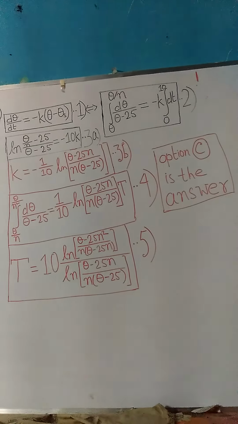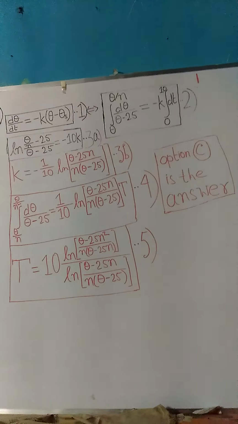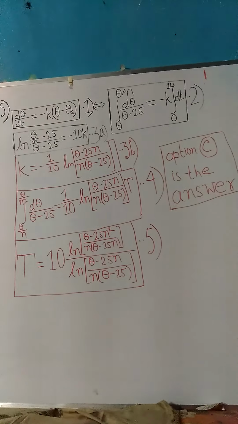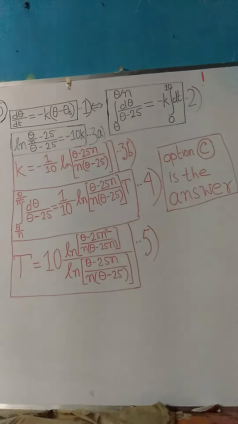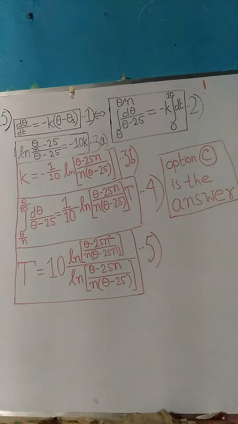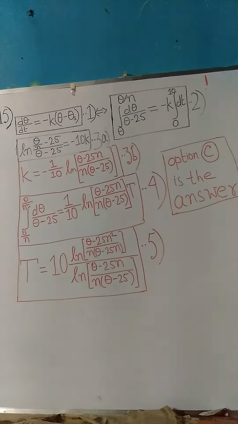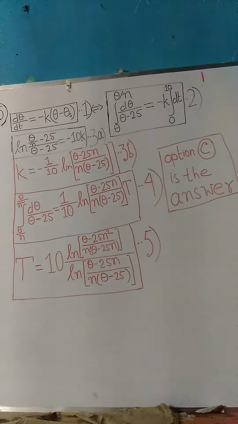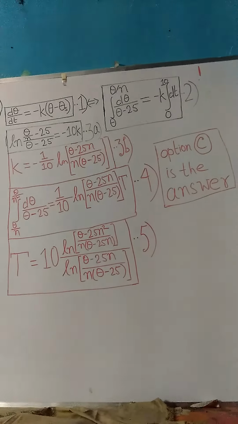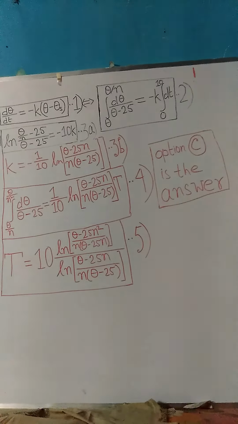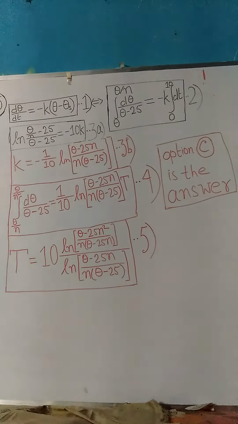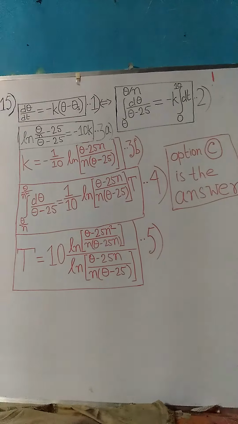Now, following procedure similar to equation 3a, one should be able to obtain the required time given by equation 5. However, in arriving at equation 5, few steps of manipulative algebra have been skipped due to lack of space, and it is hoped that students of BSc and MSc level will be able to perform them. So, as written on the right side of the board, option C is the answer, which is seen clearly through equation 5.